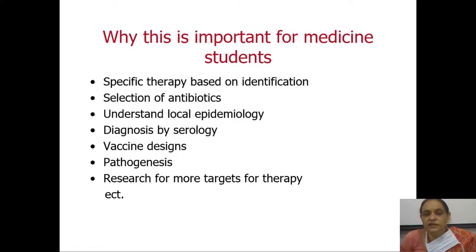Basic science is also very important, because that way you develop some more targets for vaccines as well as therapy. And I think these days you are all aware how things are evolving for COVID-19. Somewhere in the 1940s, the same thing must have happened with Staph aureus, with Streptococcus pneumoniae. Everybody was struggling with what to do. This plasma therapy: the first time serum therapy was given was for Streptococcus pneumoniae. When no antibiotics were available, they just knew that if you give serum from a patient who has recovered from pneumonia, then the person recovers.